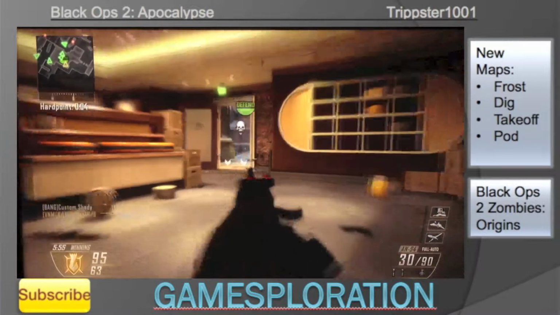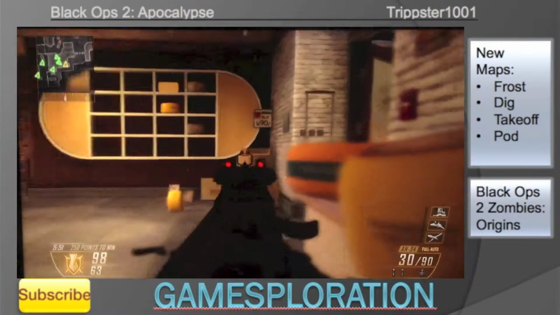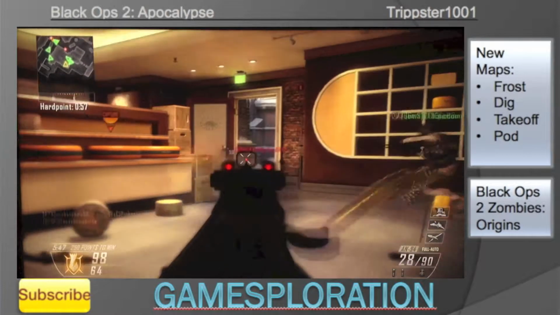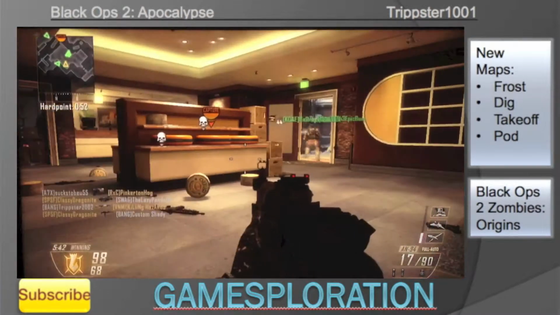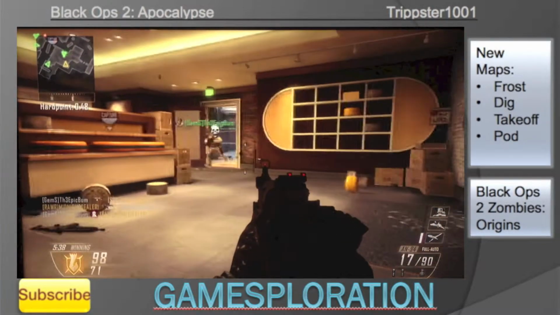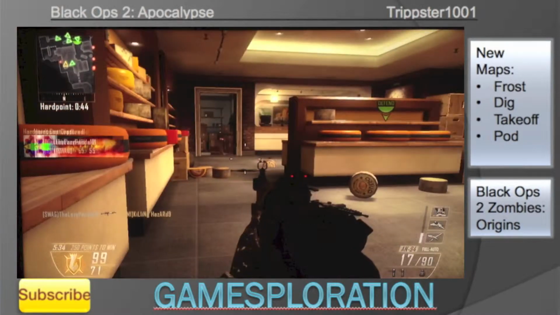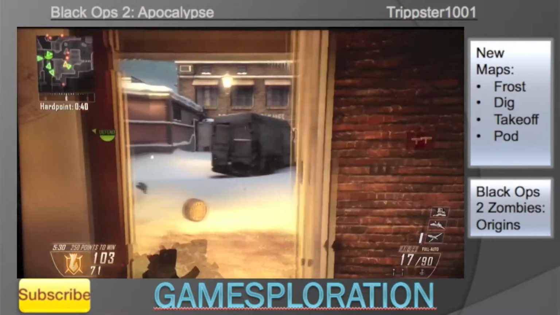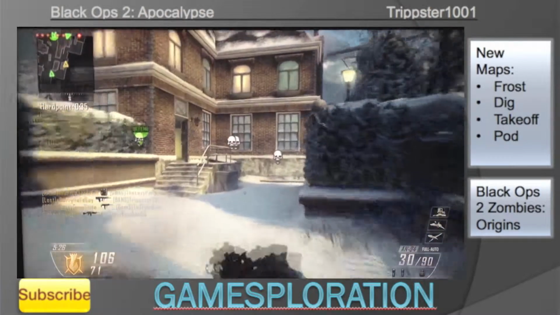Now, Frost, in my opinion, is the best map of this DLC pack. It's got a wide range of ways you can engage combat with your foes, different ways to travel throughout the map. You can either go over the bridge, which is the most chaotic way to go. You can either go stealth and go under the bridge and attack your foes, or you can go around the map to get to your foe's